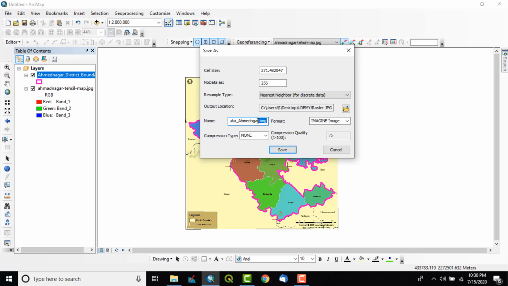We should not delete .img. Okay, so we have changed only three options: the output location, then the format, and we have given the name. And now simply click on save.